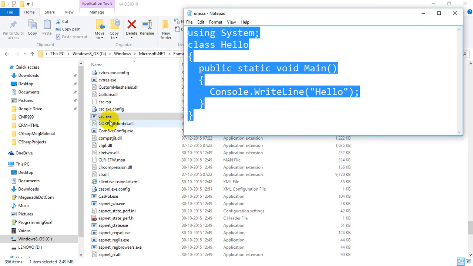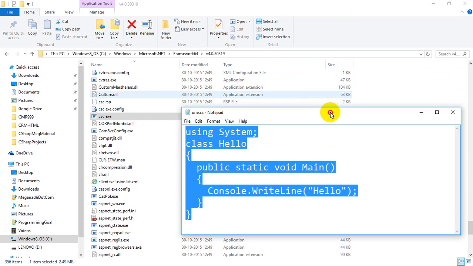Our compiler csc.exe is present in this path, C, Windows, Microsoft .NET Framework, version 4.0.